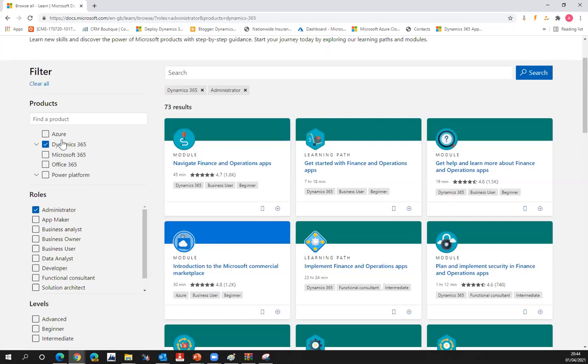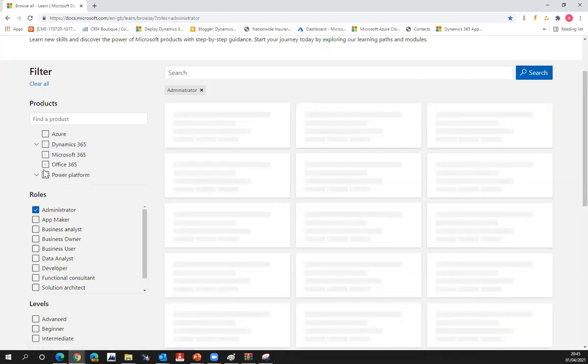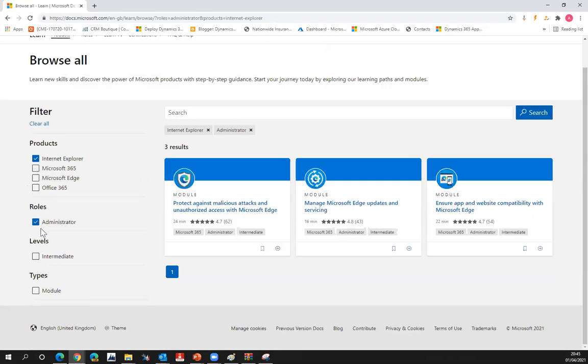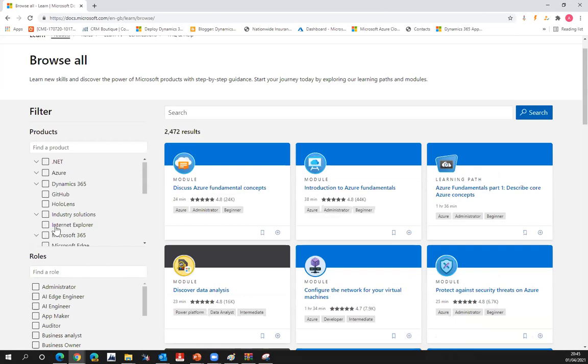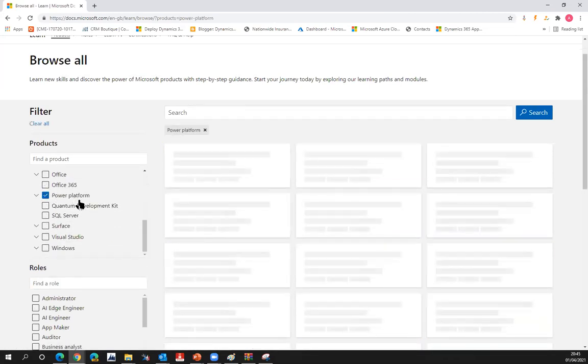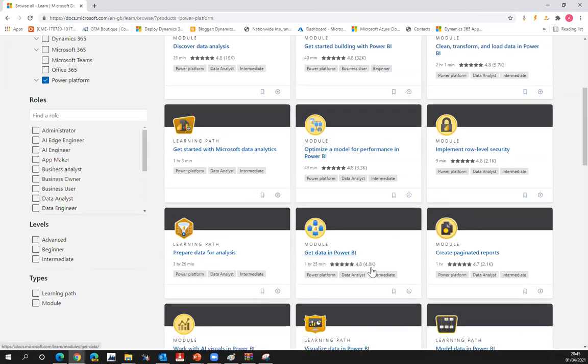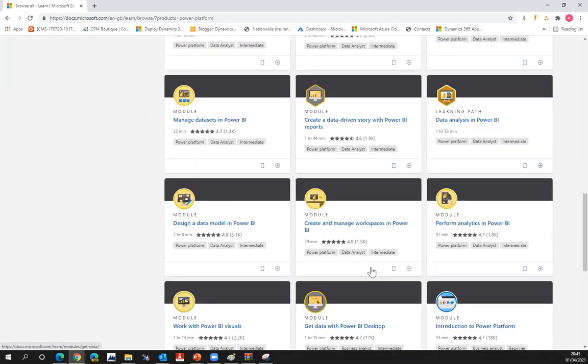And in terms of Power Platform, you can just come in here and select Power Platform. So in here, I've selected the wrong one, so I need to go back a step. So Power Platform, here it is. Again, start looking, these are things about Power BI. So you start learning Power BI. If you keep scrolling down,